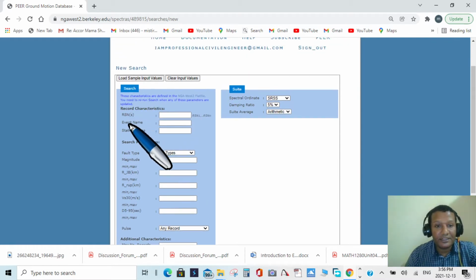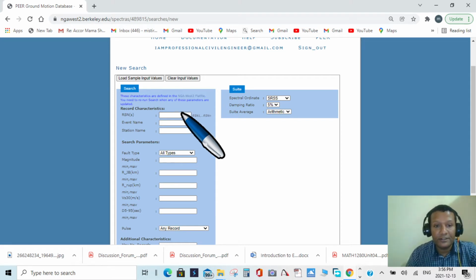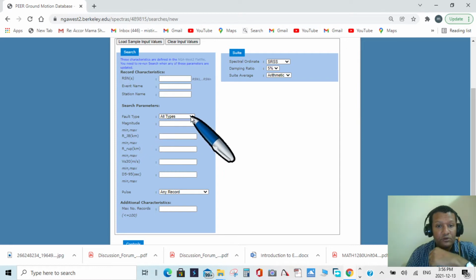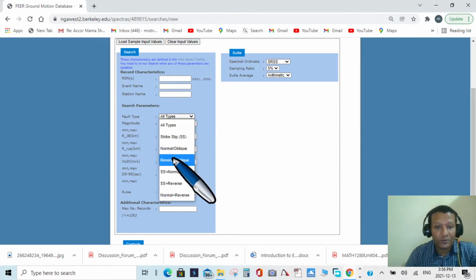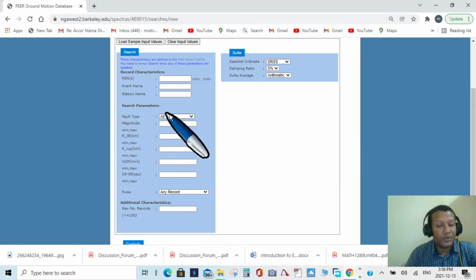Once you come to this page, as you can see, we have RSN record characteristics. This is the record sequence number. If you know the RSN of any earthquake in the database, you can use it directly. Or if you know the event name, you can use the event name. If you know the station name, we can use the station name. Fault type, for example, strike slip, normal oblique, reverse oblique, SS plus normal, SS plus reverse, normal reverse. These are all